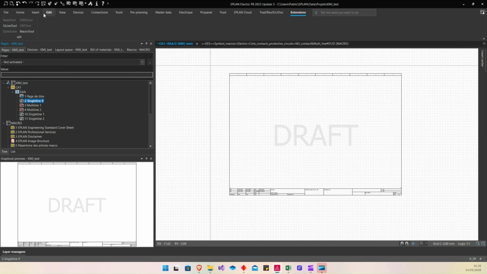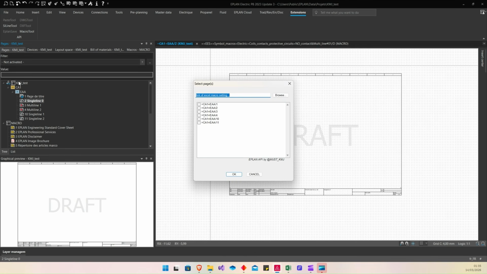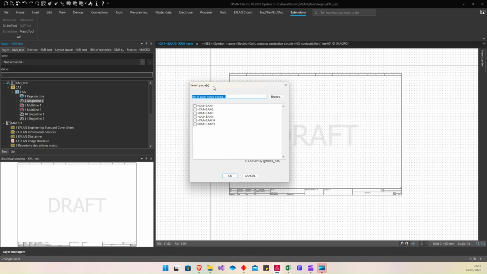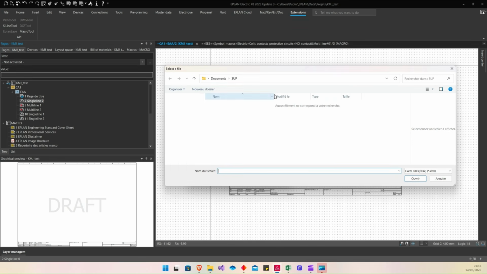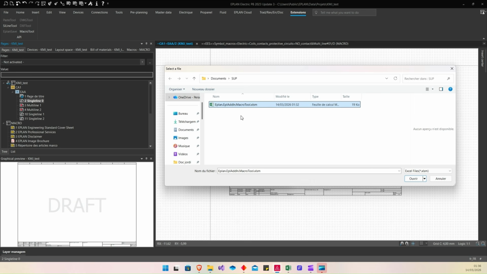So I will launch my Macro Tool. I select it and it shows me the project name. I confirm. Then I can find and select my Excel file. Now I choose the filter Excel macro. You can see my Excel file here.